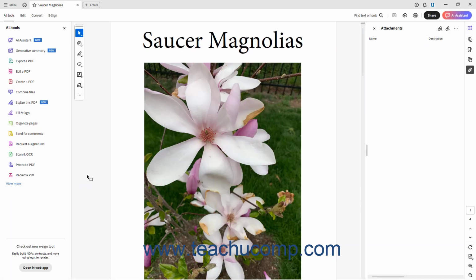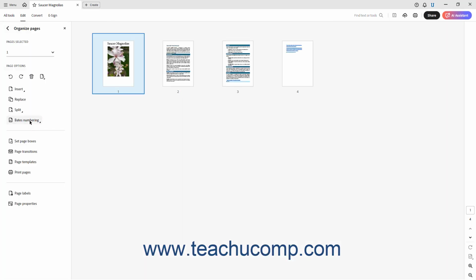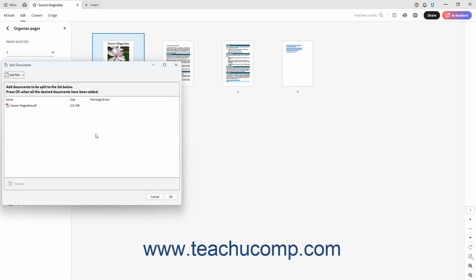Alternatively, to split multiple PDF files into multiple other PDF files in Acrobat, click the Split Multiple Files button in the Split Buttons side menu to instead open the Split Documents dialog box. This dialog box lets you add multiple PDF files to split using the same settings shown in the Split Buttons